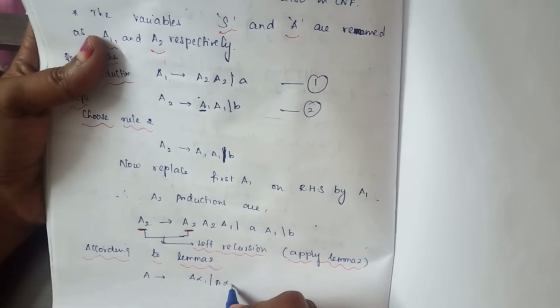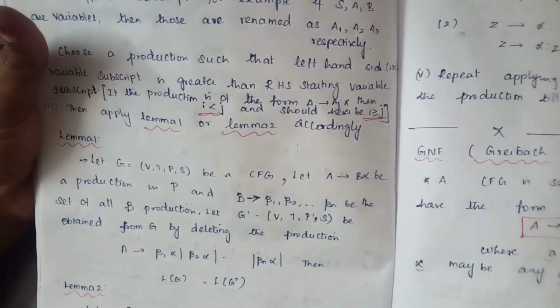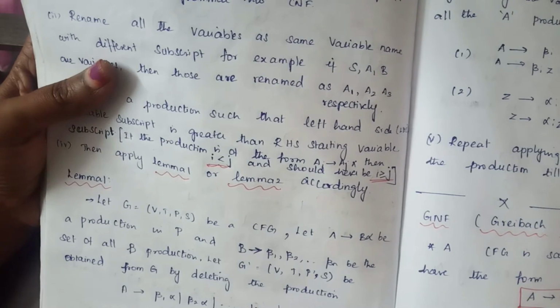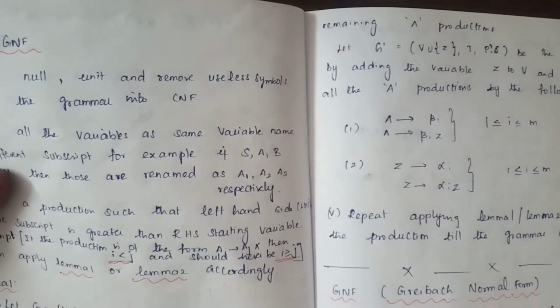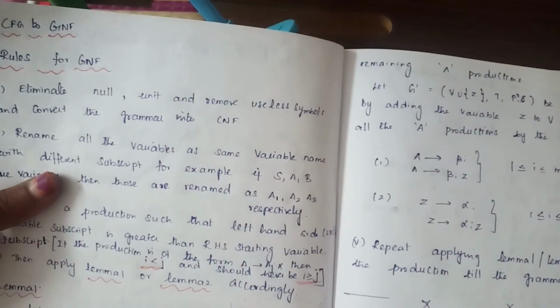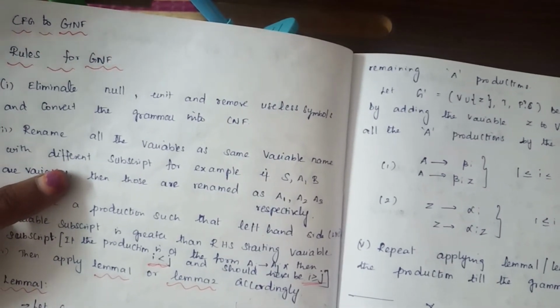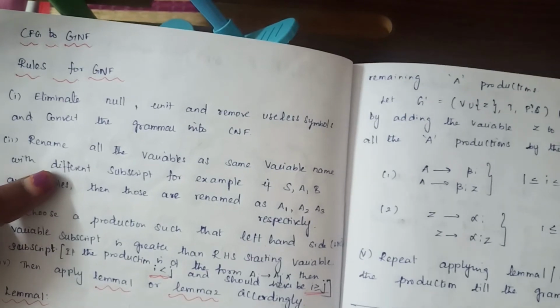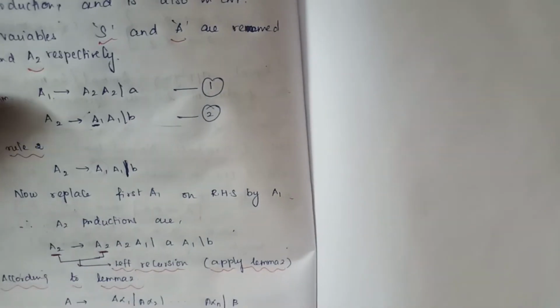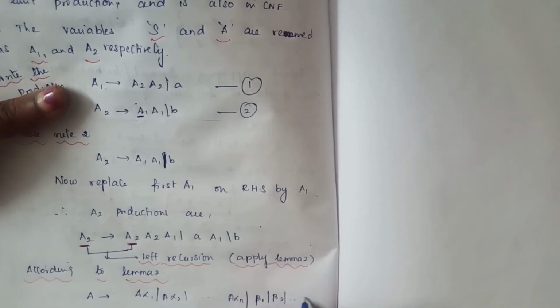A alpha 1 or A alpha 2 up to A alpha n or beta 1 or beta 2 up to beta n,